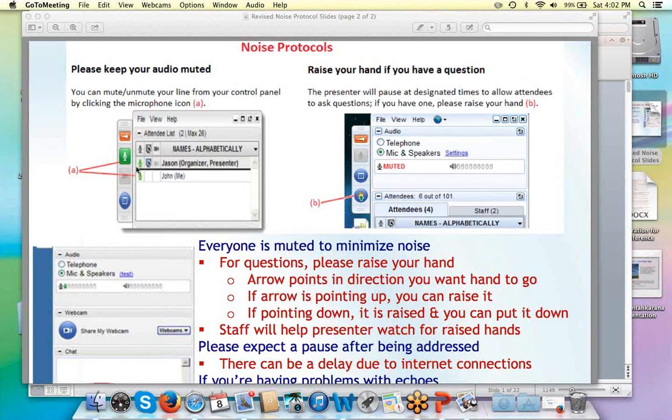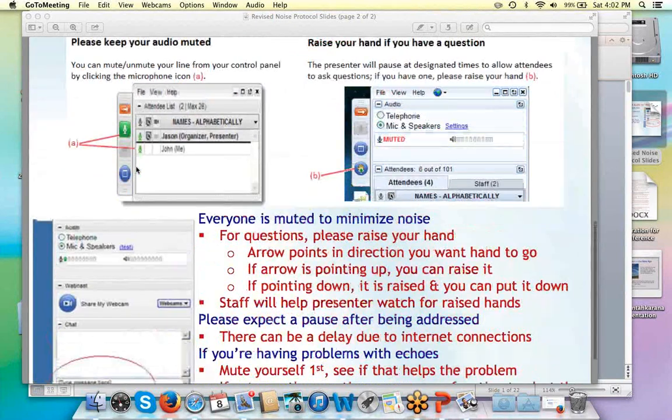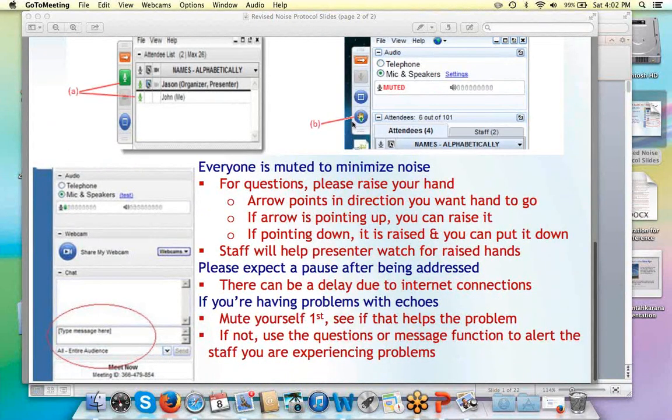As a result, the way the system here works, it's like being in a class, and one can raise their hand. So you have this button here, which is for raising your hand. There's a hand there, and there's an arrow. The arrow points in the direction you want the hand to go. So if the arrow is down, that means you're off, you're not on. And if the arrow is up, it gives us an idea that your hand is raised, and we will call upon you. Okay, and then we unmute you,